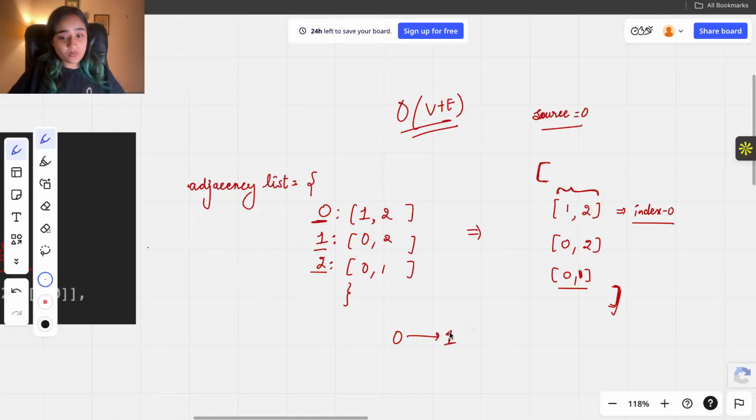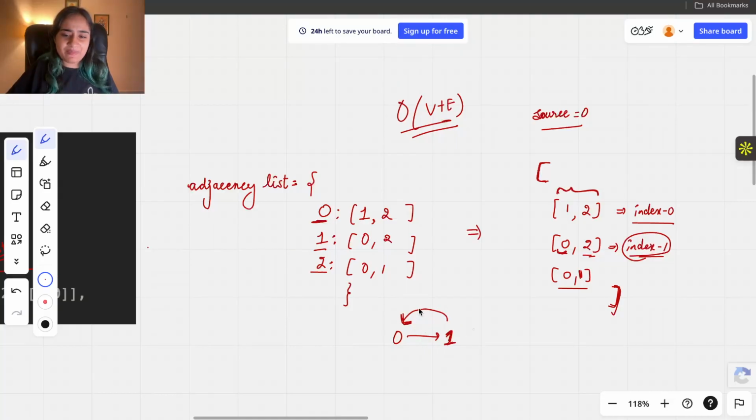But we should always check if this is the point where we have already reached the destination. Okay, so 1 is not the destination. Now we are on 1. From 1, where can we move? So this is index 1. What are all the vertices 1 is connected to? It's 0 and 2. So from vertex 1, we can move to vertex 0 or vertex 2. I will move to the first one, which is 0, but should I move there or not?